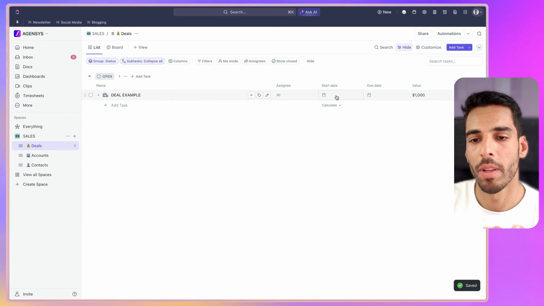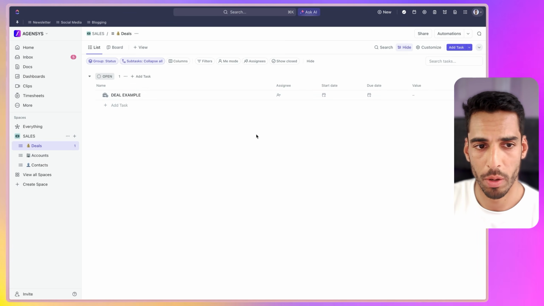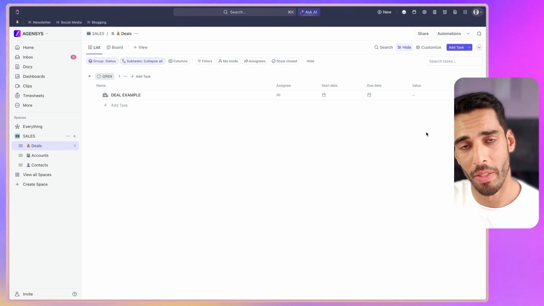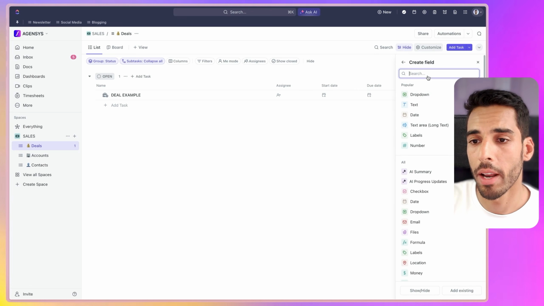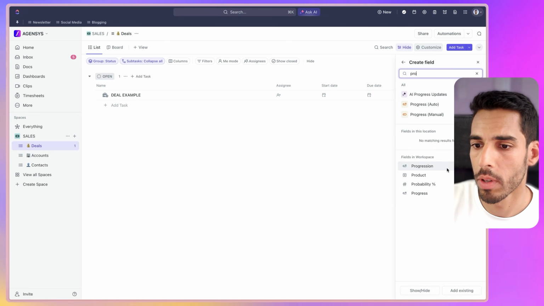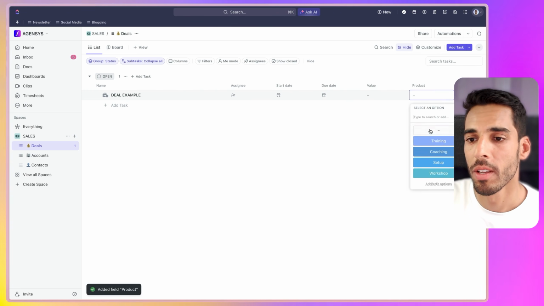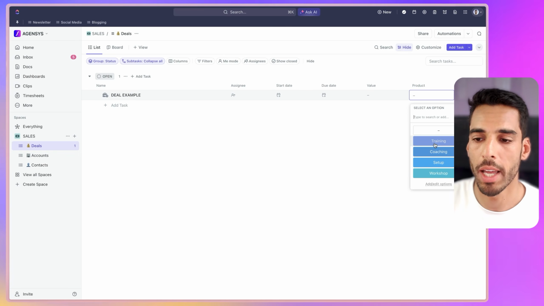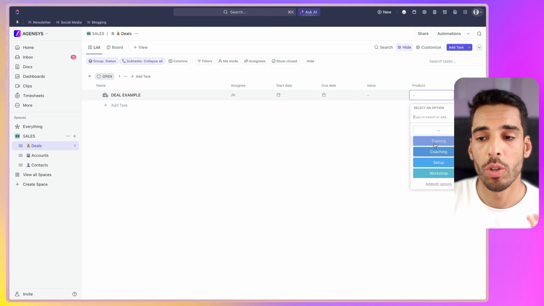We have the salesperson. I've added the start date, the due date of a deal, and the deal value, which I'm going to leave empty because we're going to use this task as a template later. And you could potentially add any custom information you need on that deal. I've added the basics, but you can go a little bit further. For example, you could add a product, and I've created a product custom field right here. You can store your products. If you're an agency and you offer different services, you can store this information here and say we sold a training or coaching or full setup or workshop to this client, depending on the different products you have. You can choose a single select field or a multi-select field if you need to.